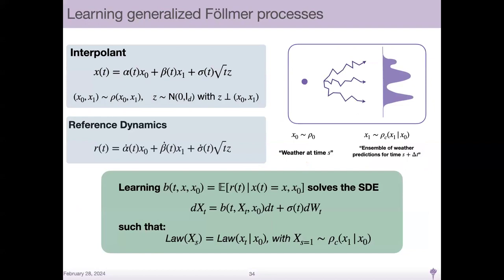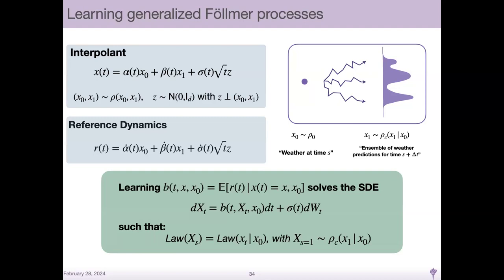Okay, so this is something that you can write down. Ultimately, I'd say we want to sample from some SDE that's going to take our initial condition, which is our point mass, and push it to a whole ensemble of outcomes. How do we go about doing that? We introduce a slight variant of the interpolant that we had before, which now has a factor of square root t in here, and we're going to couple these x0 and x1 as if they're time slices. So x0 is time t, and x1 is some time t plus 1. And if these are sampling some invariant measure, for example, Navier-Stokes, something like the weather, then we can write down an associated reference dynamics.